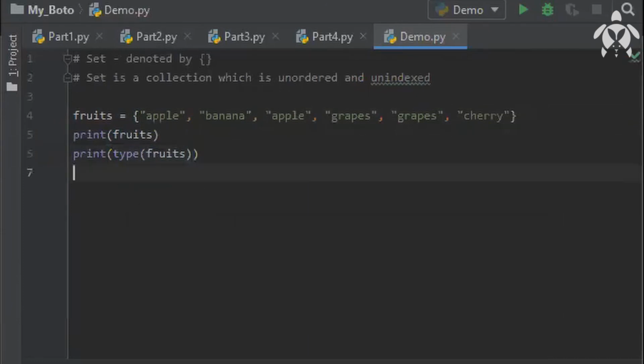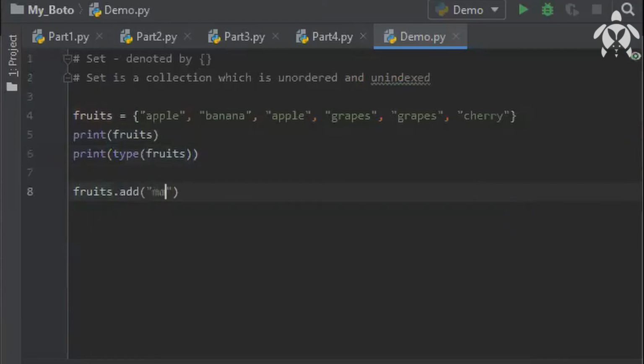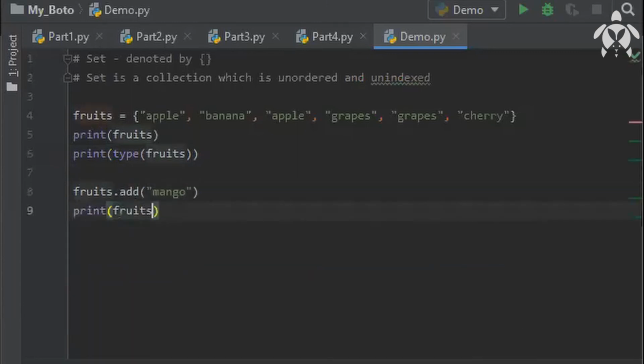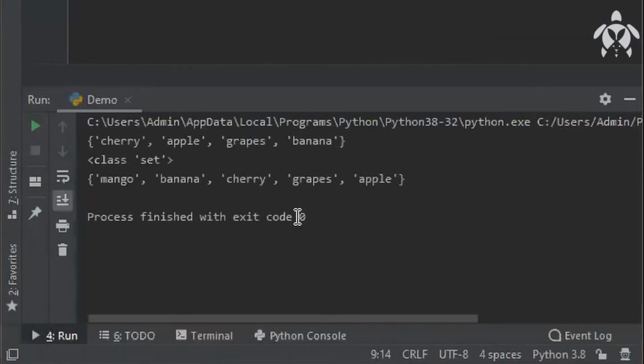If I want to add something here, suppose fruits dot add, and I'm adding mango here, and let me print fruits again. So mango got added in the beginning.